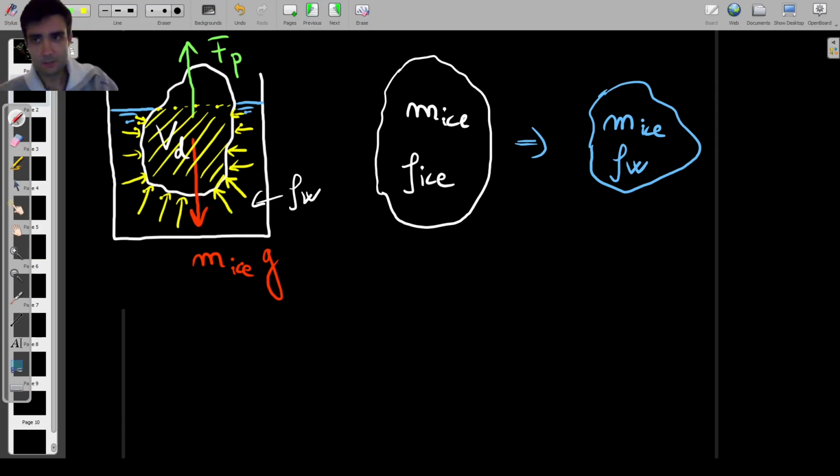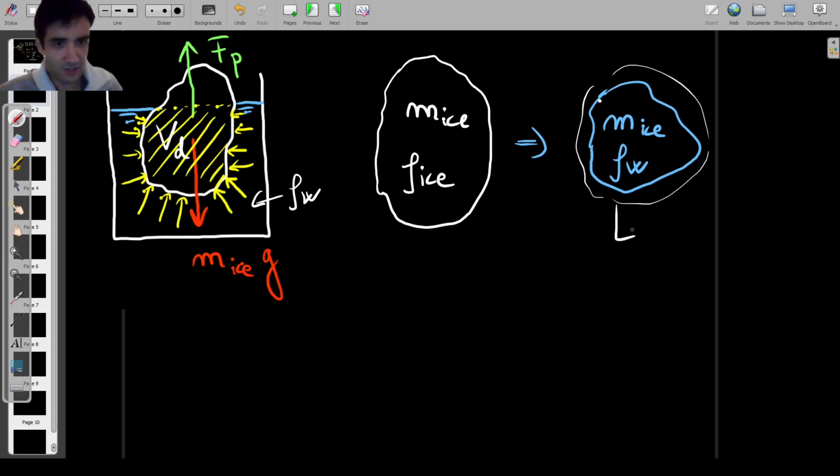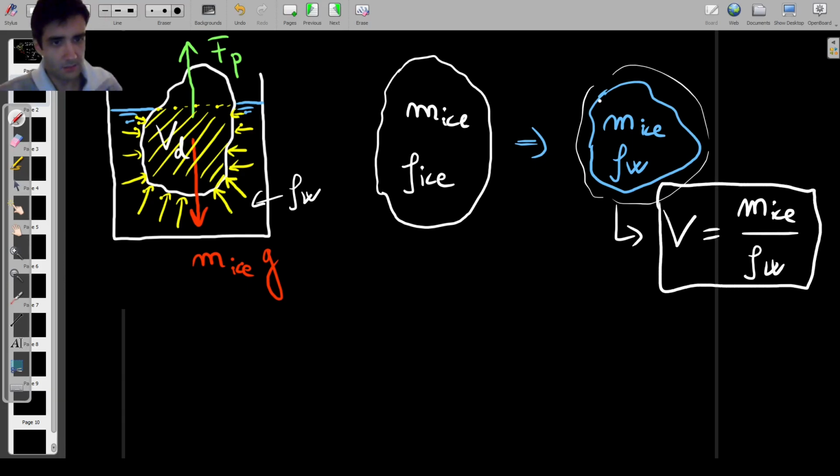Okay, so then in the end, after all the ice has melted, the volume of the displaced water is actually equal to the volume of the melted ice, okay, which is the mass, the initial mass of the ice, which doesn't change, divided by the density of the water. So this is by how much the water level will rise in the glass in terms of volume. Okay, so this is equation 2, and equation 1,